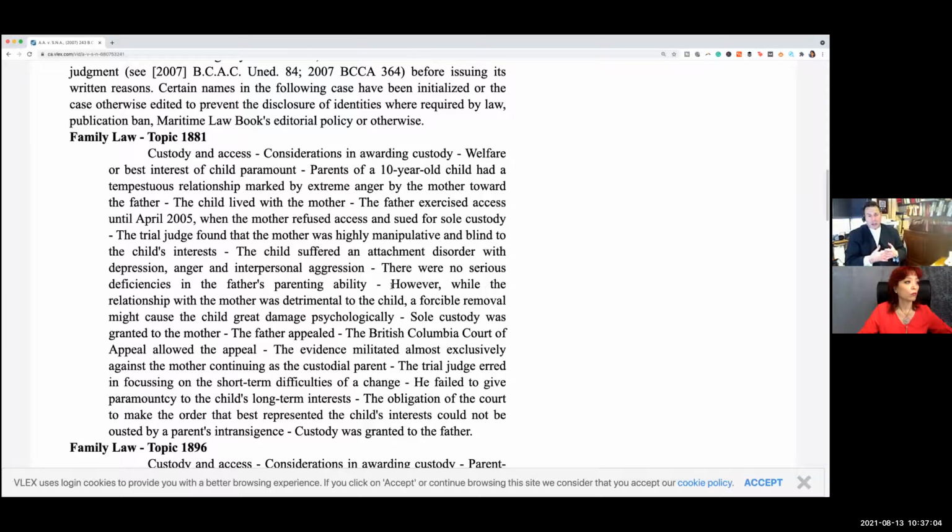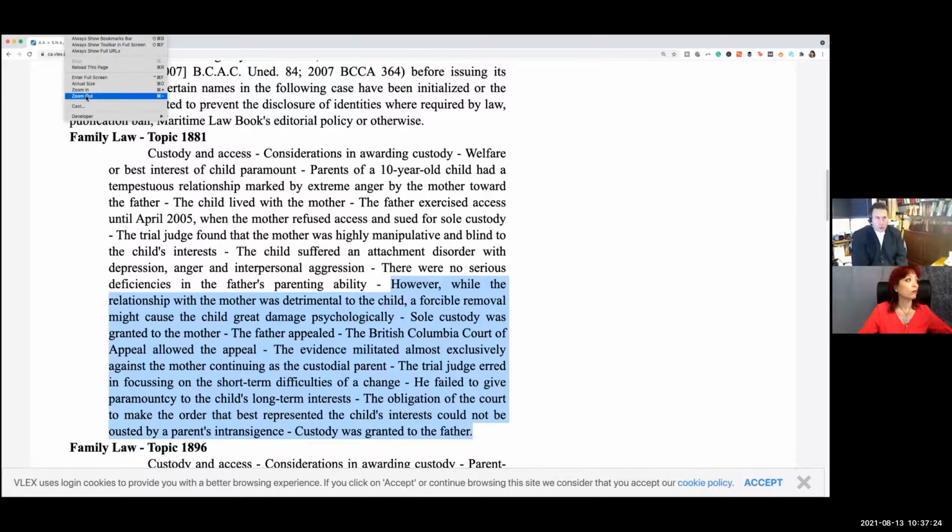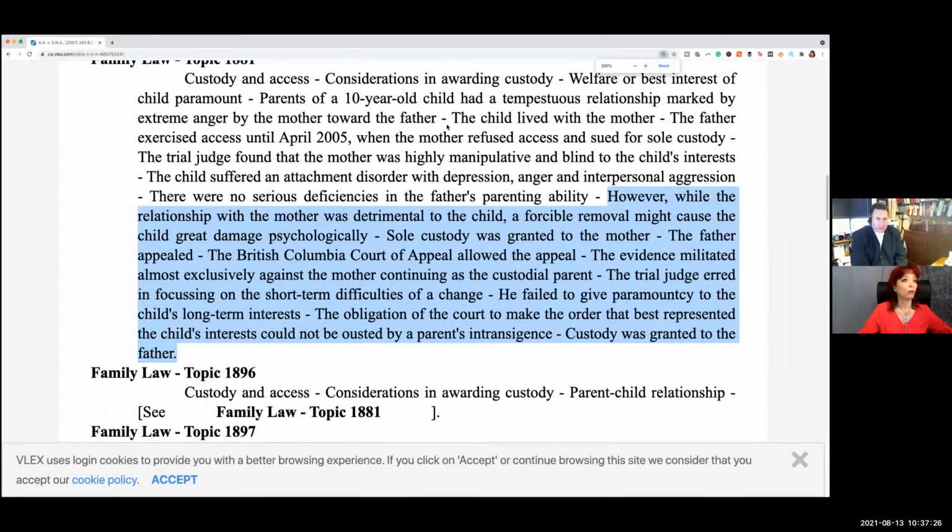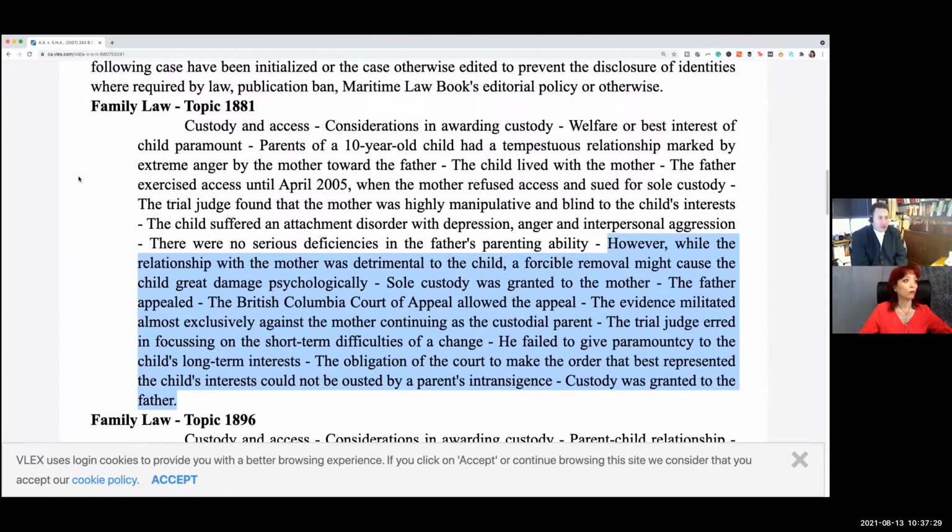The trial judge erred in focusing on the short-term difficulties of change. He failed to give paramountcy to the child's long-term interests. The obligation of the court to make the order that best represented the child's interests could not be ousted by parents' intransigence. Okay? So this was a breakthrough decision because it tackled squarely